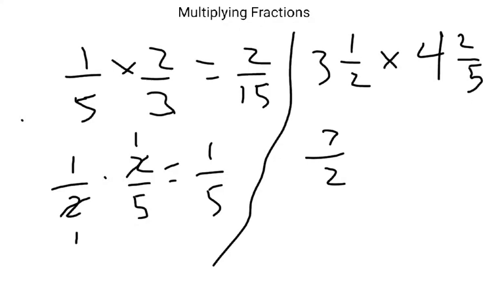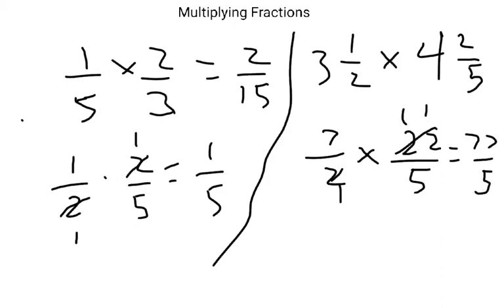and 5 times 4, because how many fifths does 4 have in it? Every whole has 5 fifths, and there's 4 of them, so that makes 20 fifths plus 2 more makes 22 fifths, in 4 2/5. You can see there is a common factor between the 2 and the 22, but not between the 7 and the 2, and not between the 7 and the 5. So we can divide 2 into this and 2 into this before we multiply, which would give us 11 and 1, and the result is 77